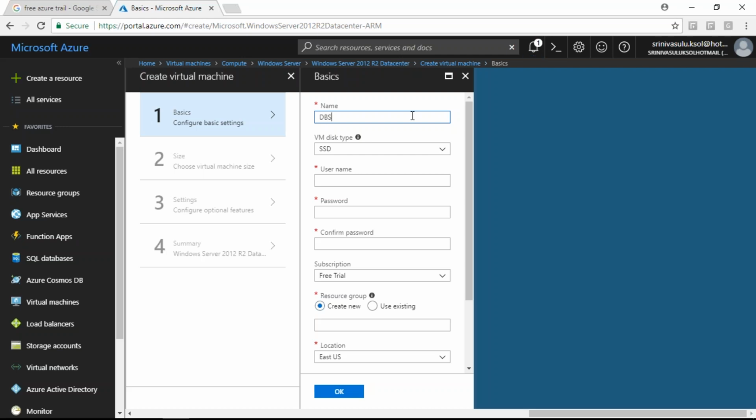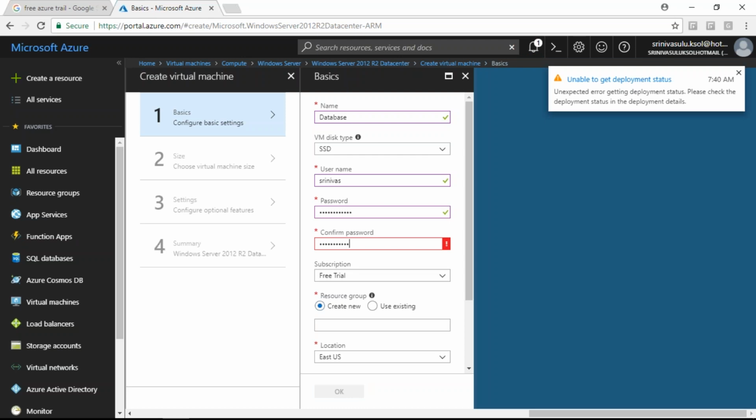The second server name can be database. Don't put any capital letters in between. Username can be the same, Srinivas, and the same password. I would like you to make a note of this username and password after you create all the servers, so that you don't